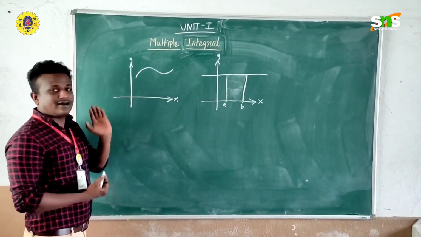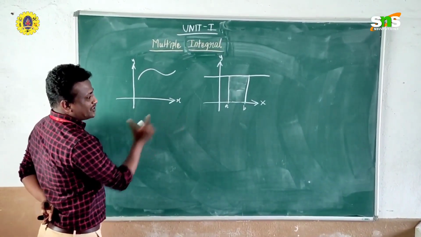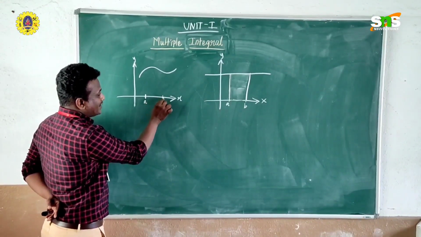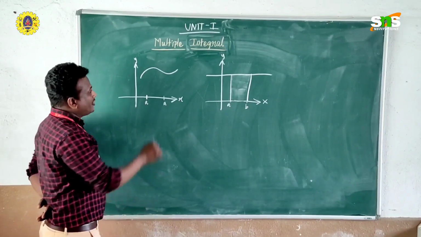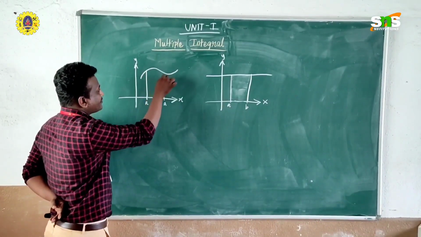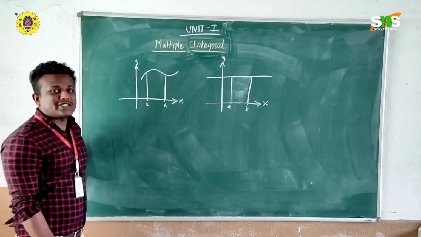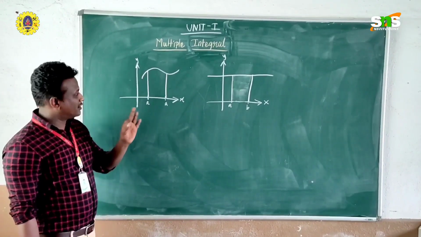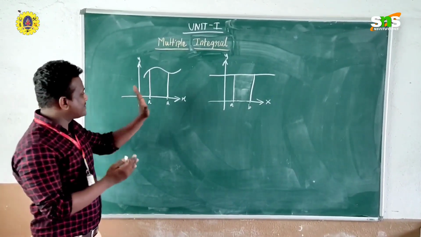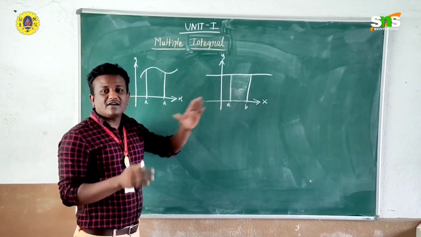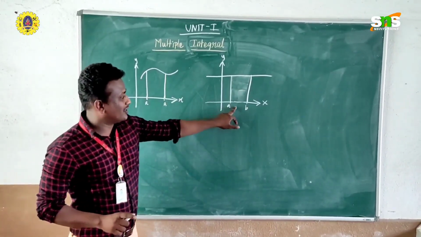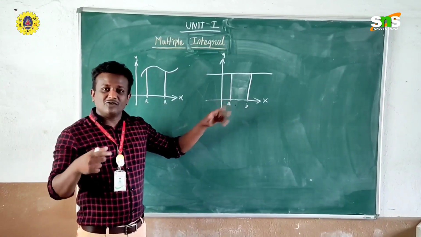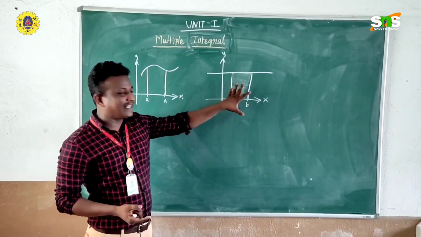Let us come to this graph. Again I am going to follow the same situation on this graph. I am going to take 2 points, the first point and the second point, and connect these 2 points. Now just imagine, here also we want to find the area. You just compare this graph with the previous one. Here we have a regular shape, a regular rectangle, so we have a formula to find the area. By using that formula we can easily calculate the area.